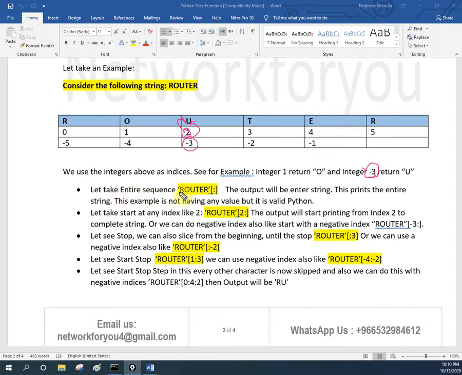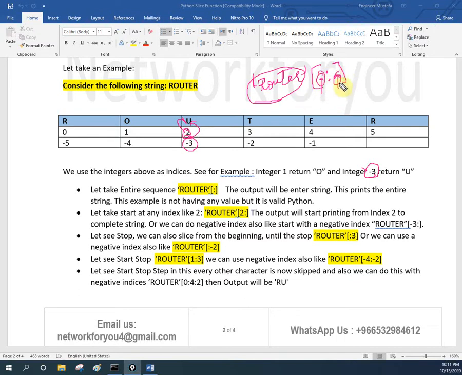Let's take an example. I have the router, this is a sequence, and I put no entry. This is the syntax. I am not defining any value here. That means fetch the complete sequence without giving any value.